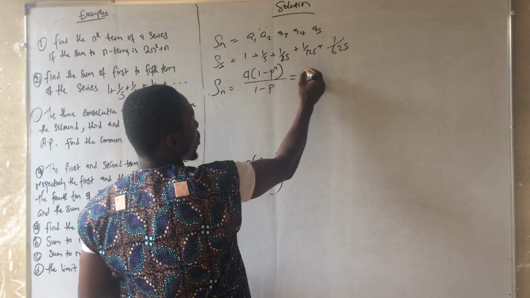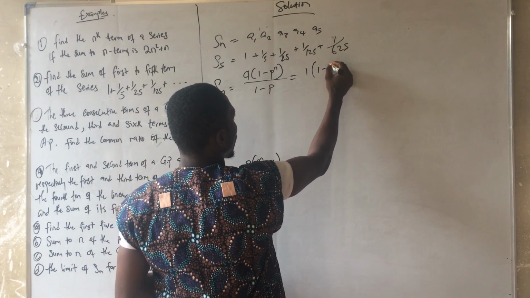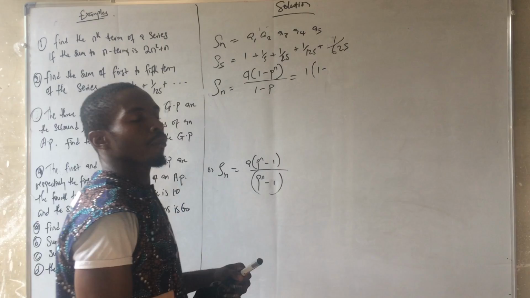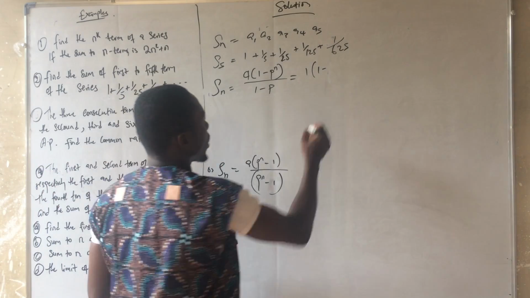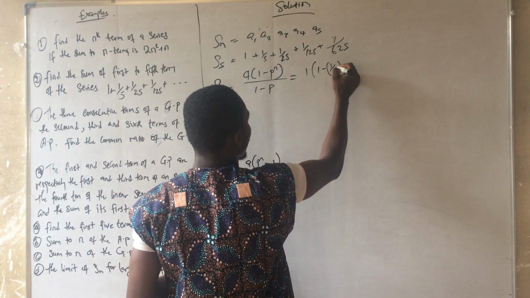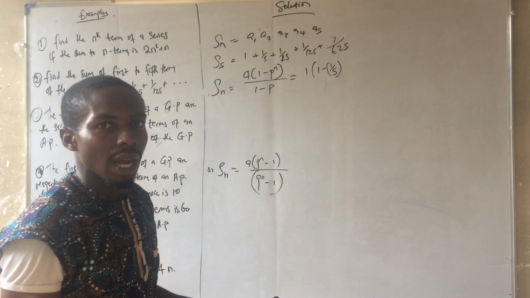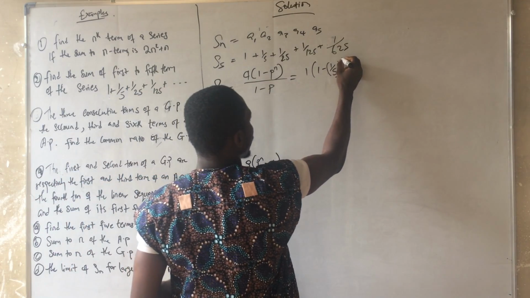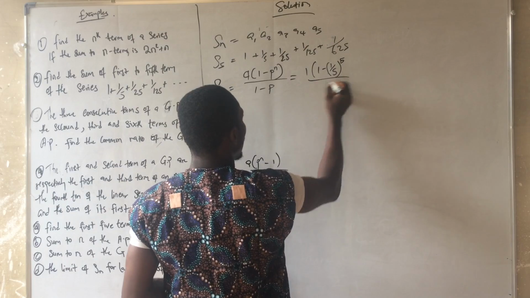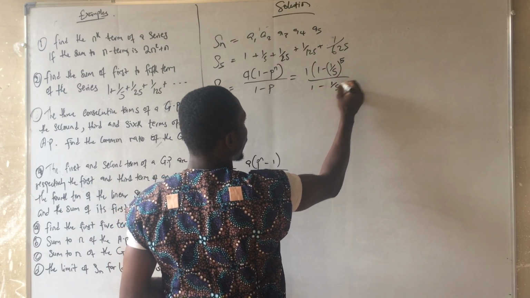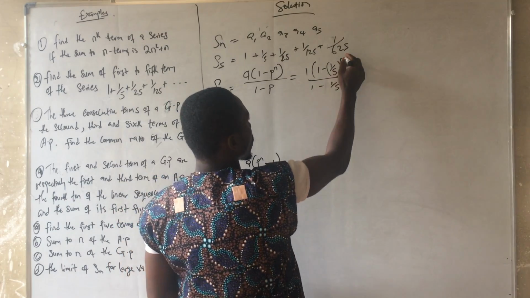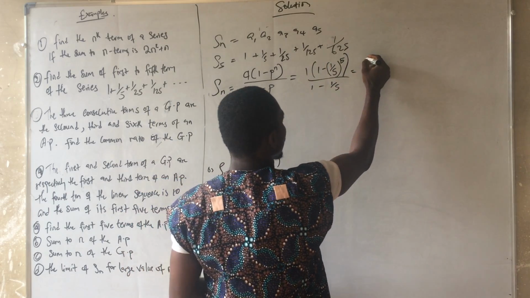So what is our first term? Our first term is 1, bracket 1 minus, what is our constant? Our constant is 1 over 5. So we have 1 over 5 raised to the power of, how many terms do we have there? It is 5 terms. That's the power of 5, all over 1 minus 1 over 5. So now we'll solve the bracket first. We have 1 minus